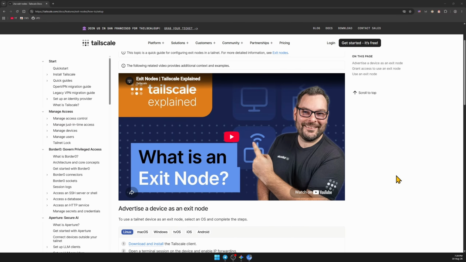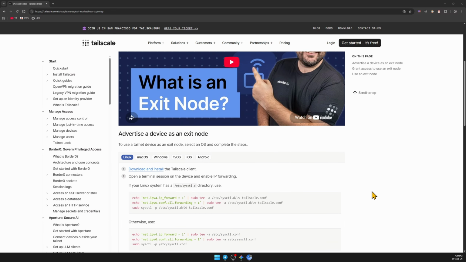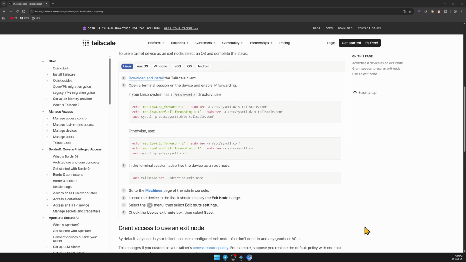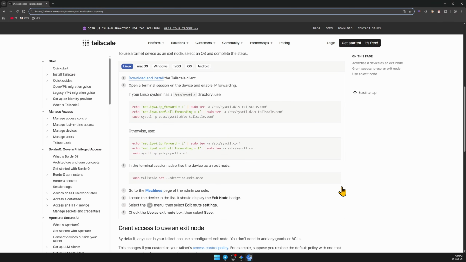So we can configure your host device, like a Raspberry Pi, Linux or Windows PC, to act as your exit node. If you want a more detailed explanation, make sure to refer to this little article here where this is also explained. So if you're on Linux, open your terminal and enable IP forwarding by running this command, this first one right here, guys,